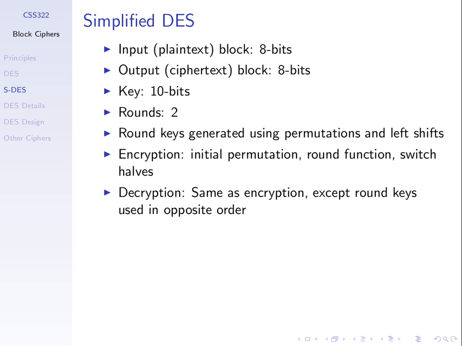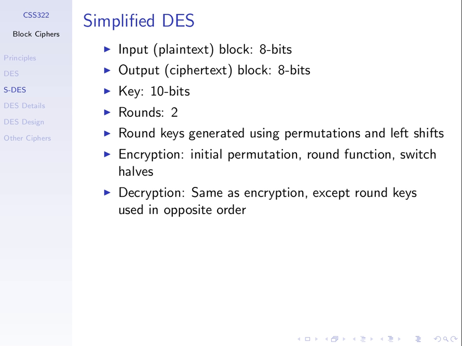For the encryption with Simplified DES, we take our input plaintext, we apply some permutation, we rearrange the 8 bits, we apply some function, which includes a complex substitution function, swap the halves, and do it again in